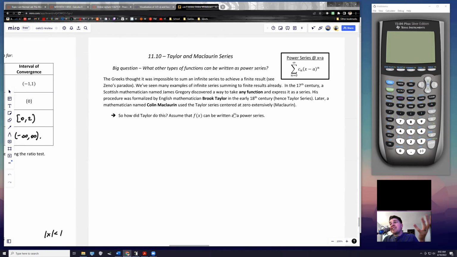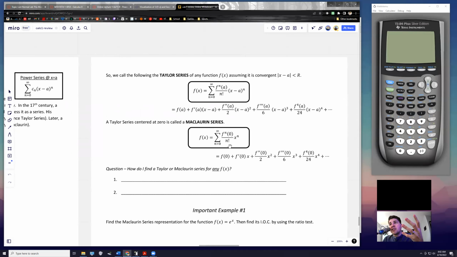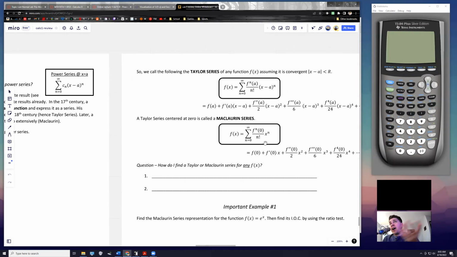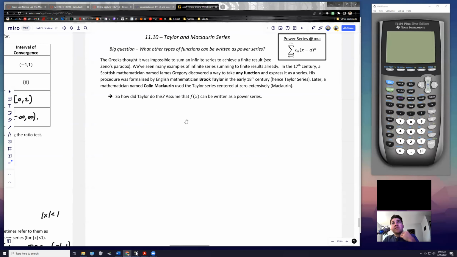But the question is, how did Taylor do this? How did Taylor figure out a formula? If you look these things up on the internet, you'll find these formulas: the Taylor series formula, the Maclaurin series formula. What I wanted to show you guys is why. How did they figure these things out? So basically, he started with a very simple assumption. He said, let's assume that the Taylor series exists for a function. What that means is, if we have a mathematical function, it can be represented using an infinite series. Like, for example, e to the x is 1